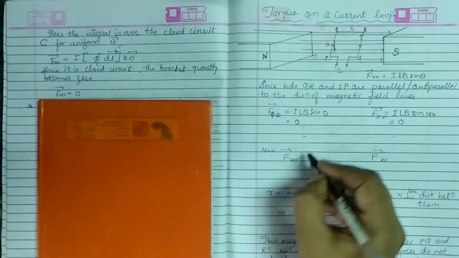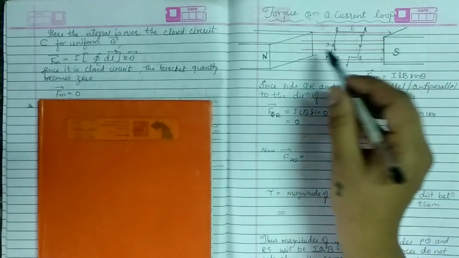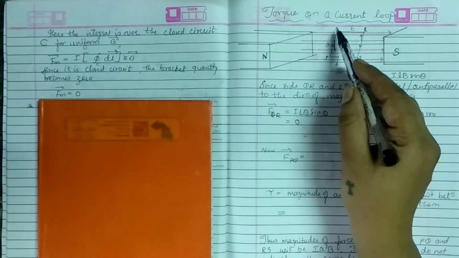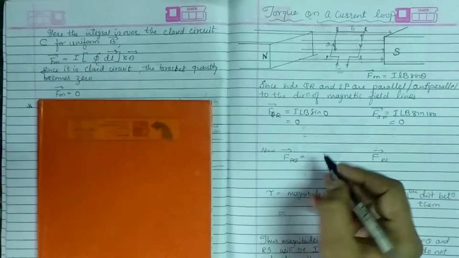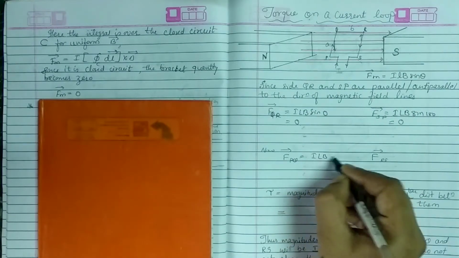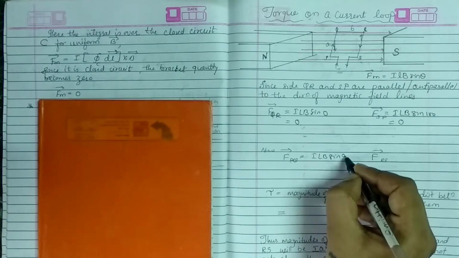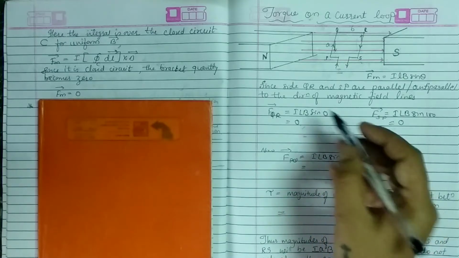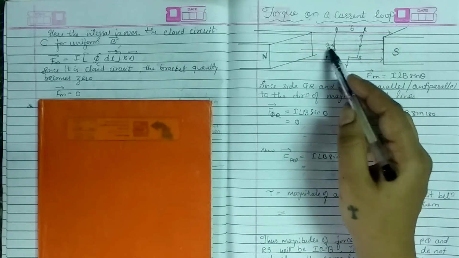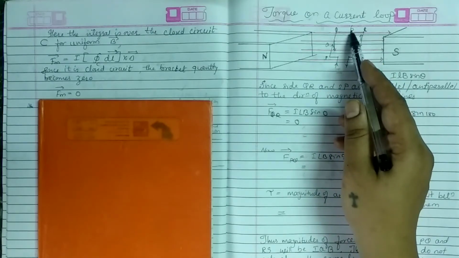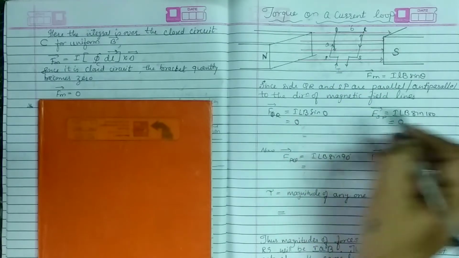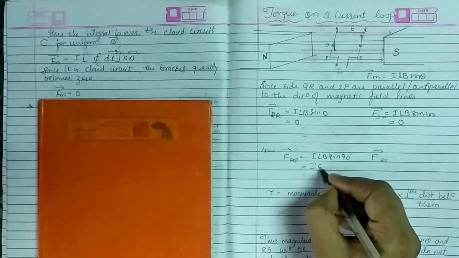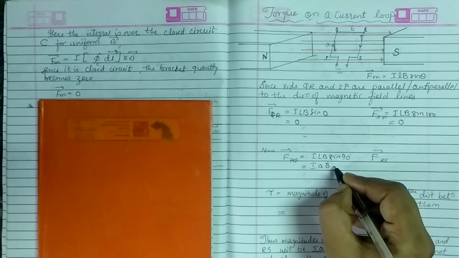So if you apply the same formula over here, see here, the magnetic lines of force are like this, which means the direction of the magnetic field is in this direction, and PQ is perpendicular to that. So what will happen? It becomes ILB sine 90. You can consider the length as A and the breadth as B over here, so you can substitute A over here, that doesn't matter. A length is nothing but A, and B sine 90 is 1.